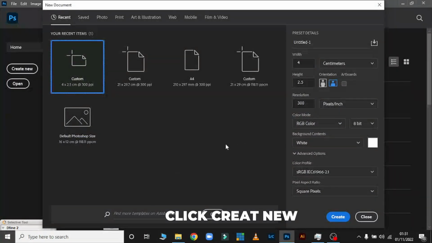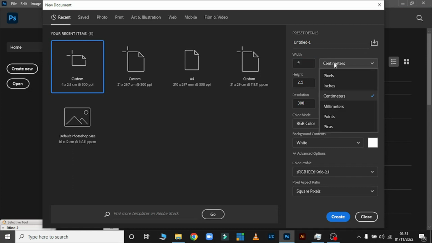After you click on create new, you will see width and height dimensions up here. You can either add or change them, that is your choice. But the first thing that I want to show you is centimeters. If you know how to measure in centimeters, you click on centimeters. If you know pixels, you click on pixels. If you know inches, you click on inches. If you know points, that's your choice. Then another thing that I'd like to show you is